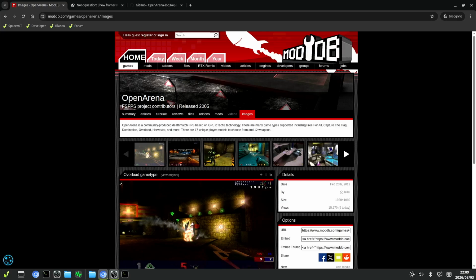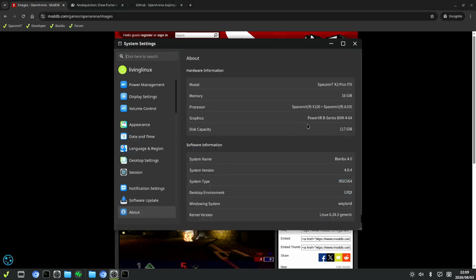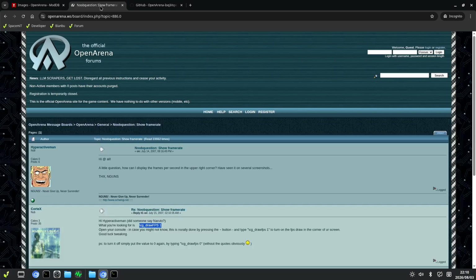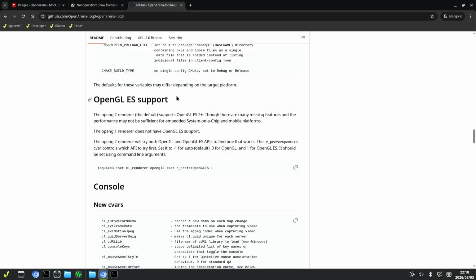So you can see that we're running on the SpacemiT K3 Pico ITX, running Bamboo 4.0 and kernel 6.18.3. So yeah, it is possible to show the frames per second like this in the game console, and it shouldn't be necessary to run it like this, but